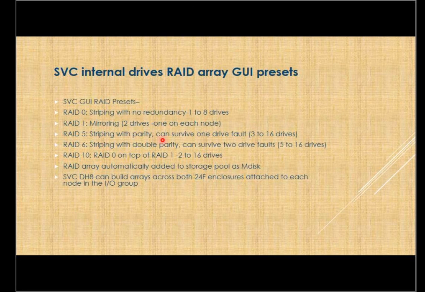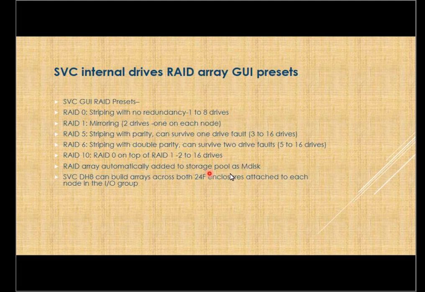Now we can see the graphical user interface presets, and in fact in the CLI also, what are the different kinds of RAID that are supported? One is RAID 0. RAID 0 has only striping. It doesn't have any kind of redundancy in case of drive failure. We have RAID 1, which is called mirroring. And we have RAID 5, which is basically striping with parity. Then it also supports RAID 6, which has dual distributed parity. When two drives get faulty, our RAID set will still remain online. And we have RAID 10, which is called striped mirroring. These are the different RAID types that are supported.